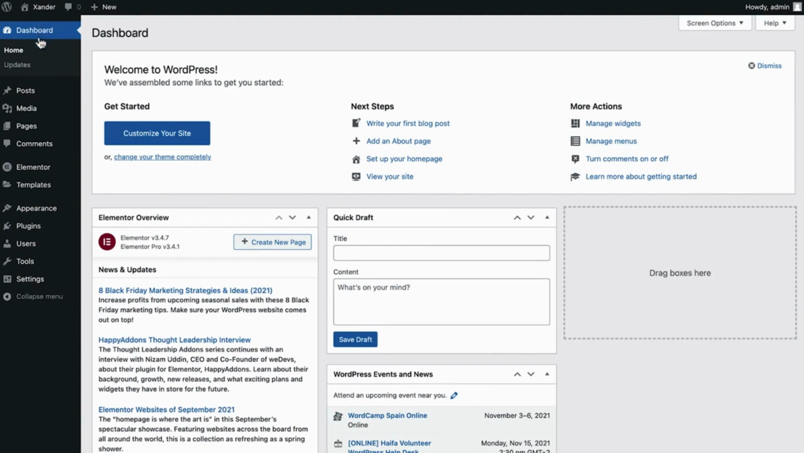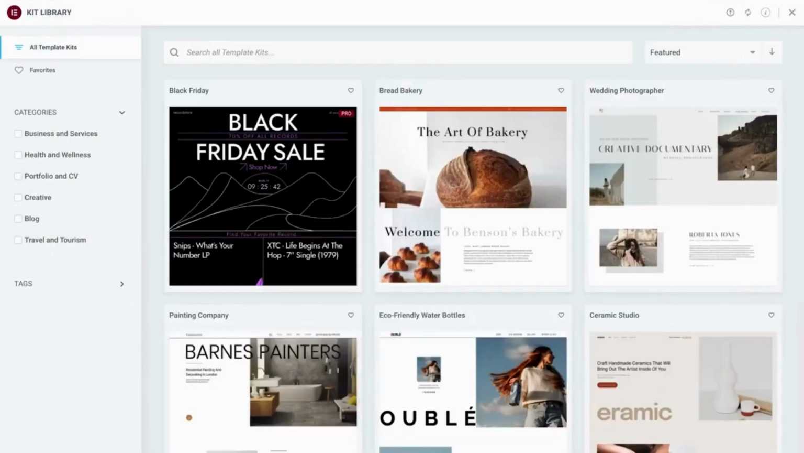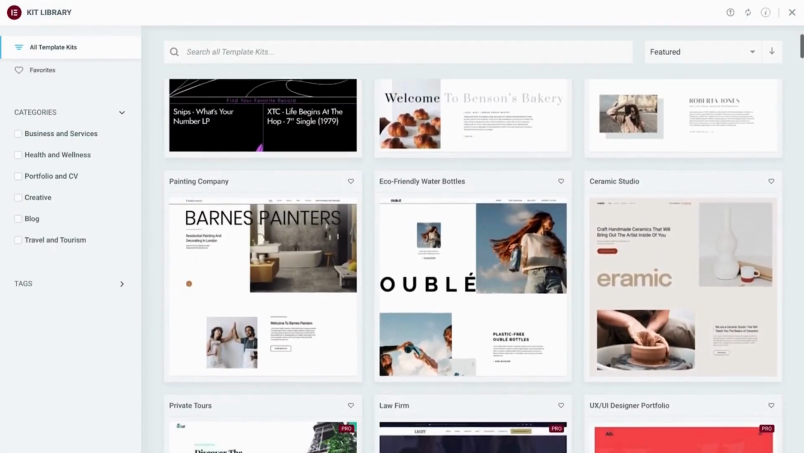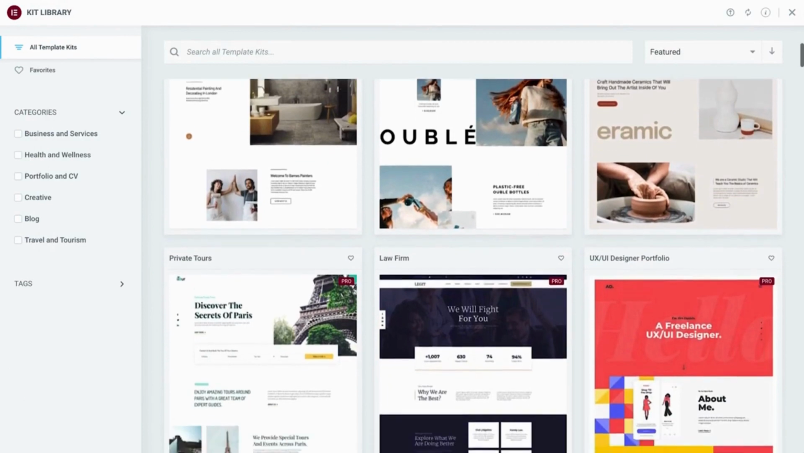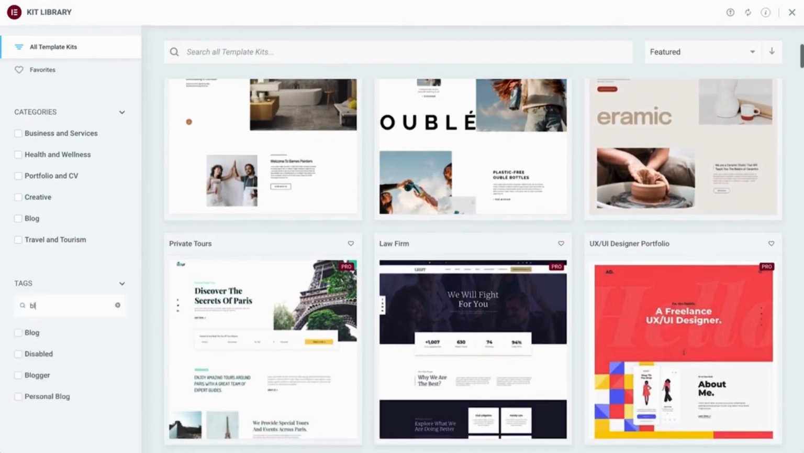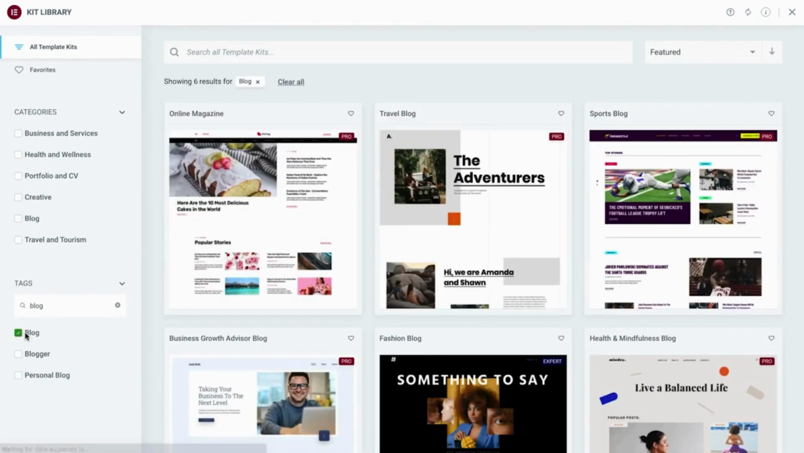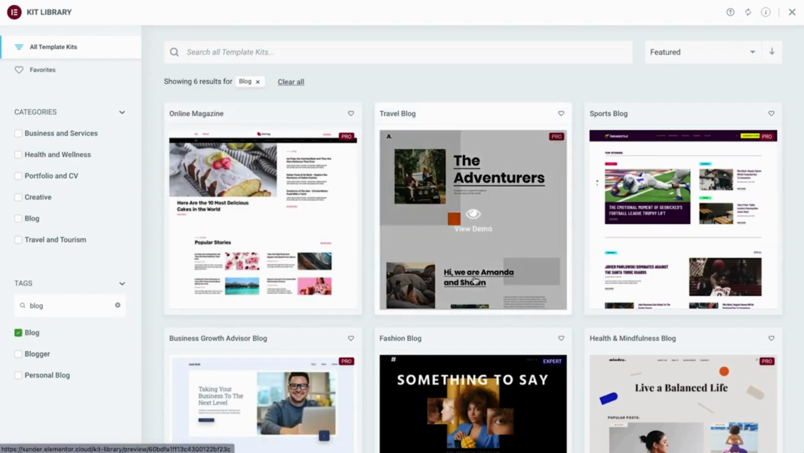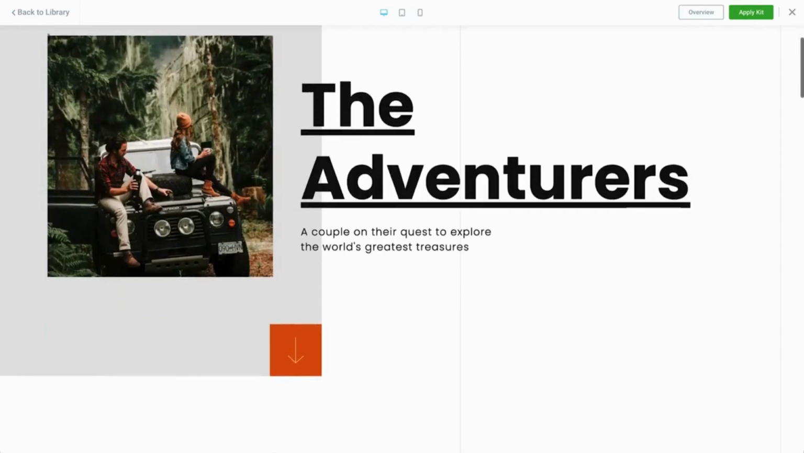In the previous lesson, we learned about the WordPress dashboard and defined the essential settings of our website. In this lesson, we'll go over Elementor's Kit library, an exciting feature which provides us with dozens of professionally designed full website template kits. We'll then choose one to apply to our website and customize it to make it all